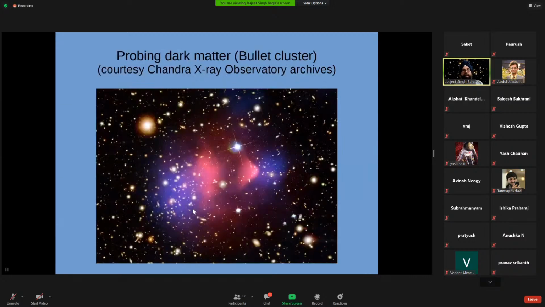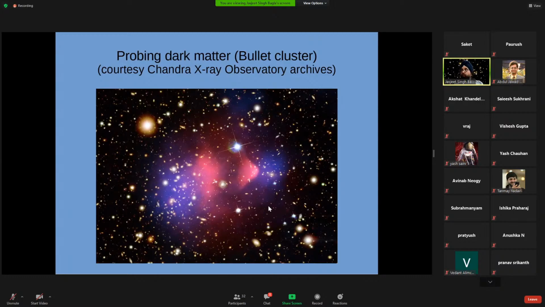So gravitational lensing has been used for many purposes. Probing dark matter in clusters is one, but the most spectacular achievement was to look at dark matter in a colliding cluster called the bullet cluster, where the galaxies belonging to the two clusters have gone through each other. The gas is stuck in the middle. So one sees hot gas shown in pink over here in the middle. But the dark matter mass has gone along with the galaxies, which is marked in blue. And that reconstruction is done using lensing.